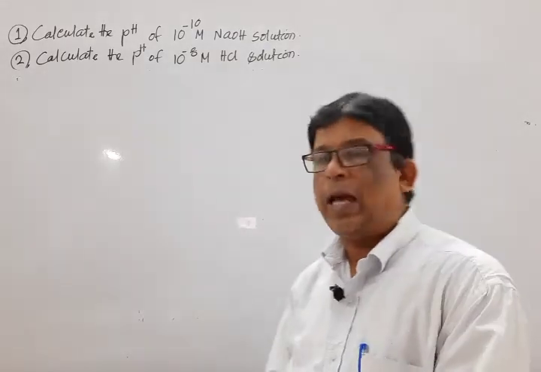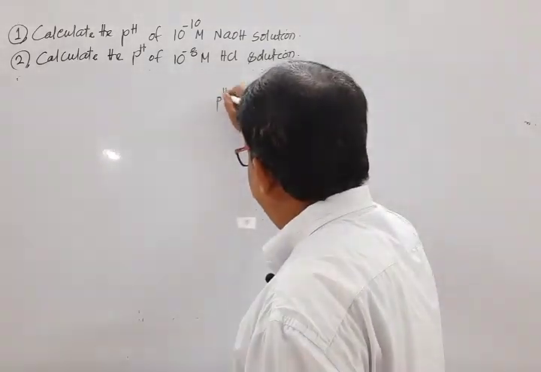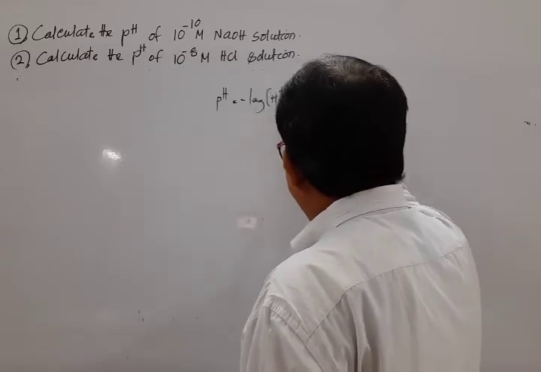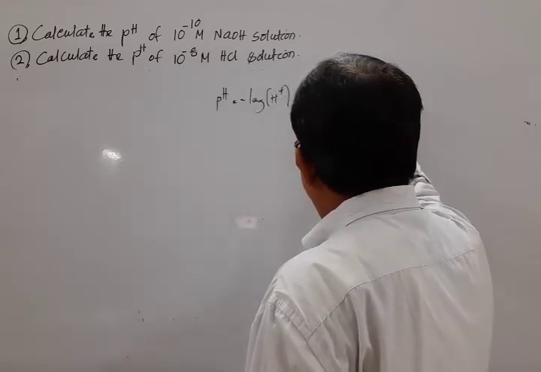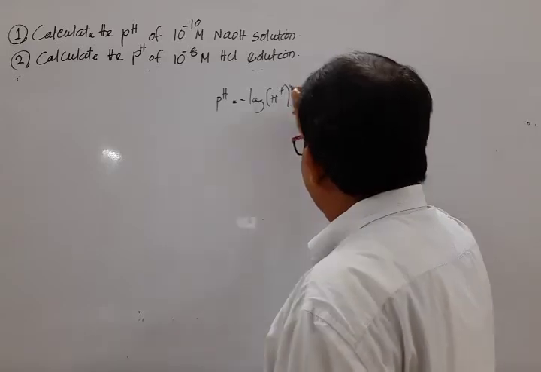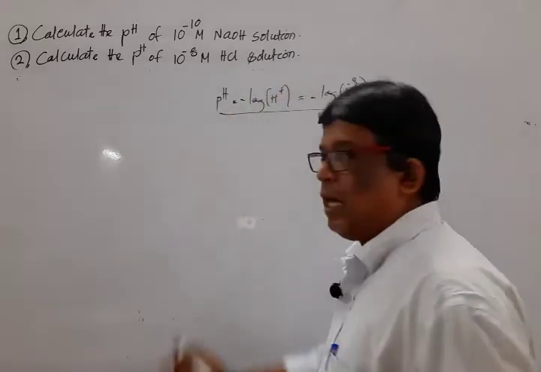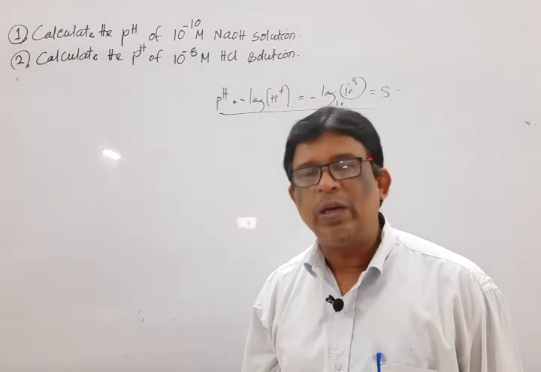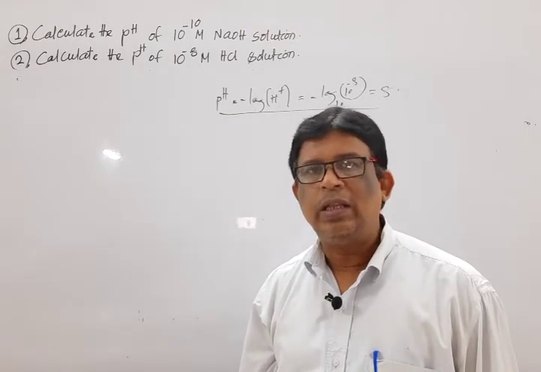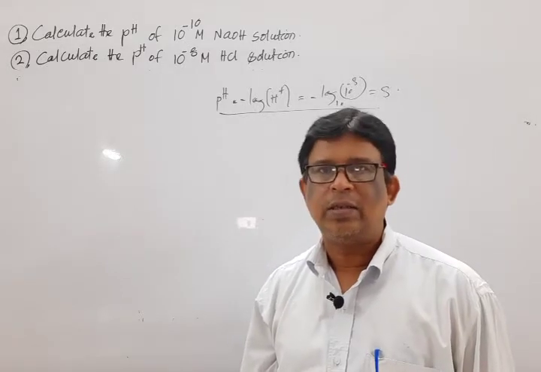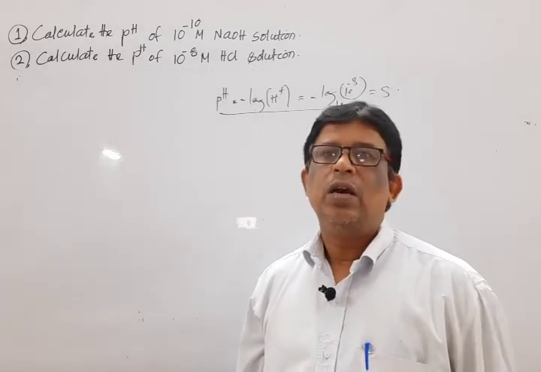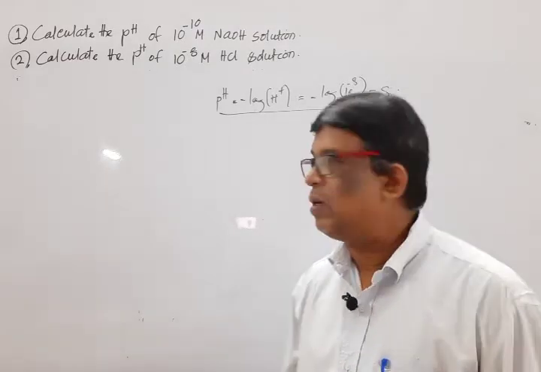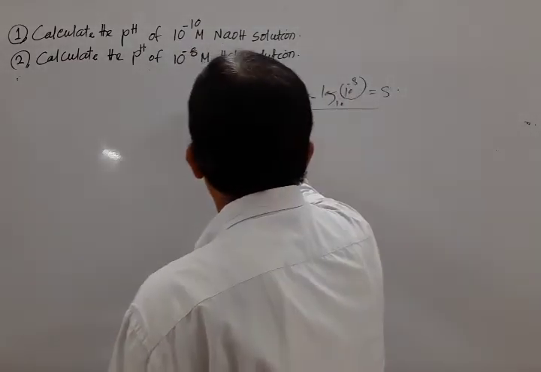If we normally apply the formula, mark that pH is equal to negative logarithm of H plus ion concentration, equal to negative logarithm of 10 to the power minus 8, is equal to 8. So the pH of HCl, an acidic solution, is found to be 8. Something wrong is there. But actually there is nothing wrong, the question is correct. In this case, we solve in another way, as it is a dilute solution.